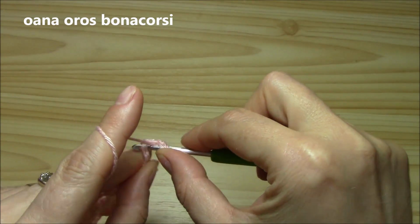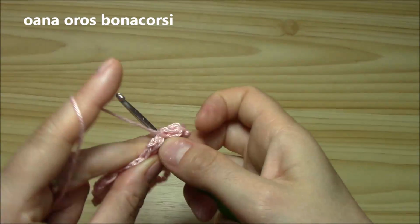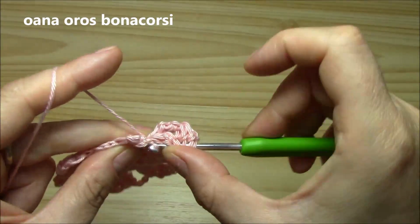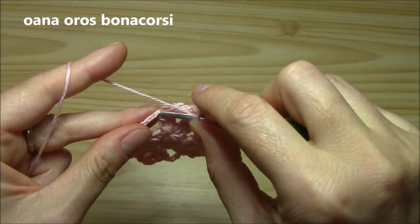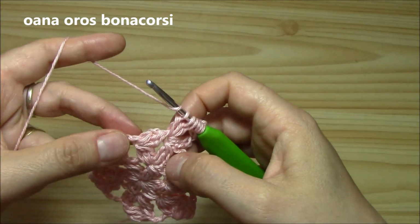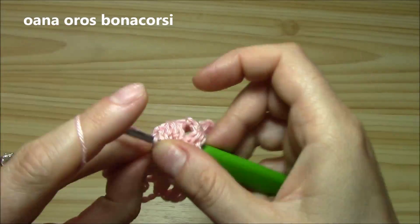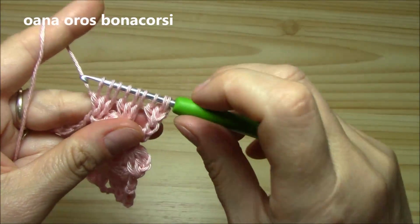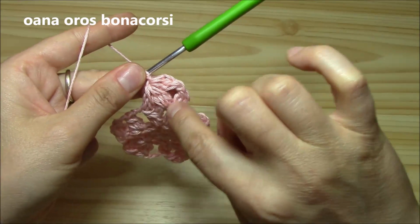Don't close them, of course, don't finish them. Yarn over, pull through to remain like this. 3 loops on the hook. Now where we worked the solitary cluster into the same secure chain, work your second cluster. 6 loops on the hook, yarn over and into this one. So we have 1, 2 and 3 of the second round. So it's here. 1, 2 and 3. We have 9 loops on the hook, yarn over, pull through all and chain 1 to secure. This is my first jasmine